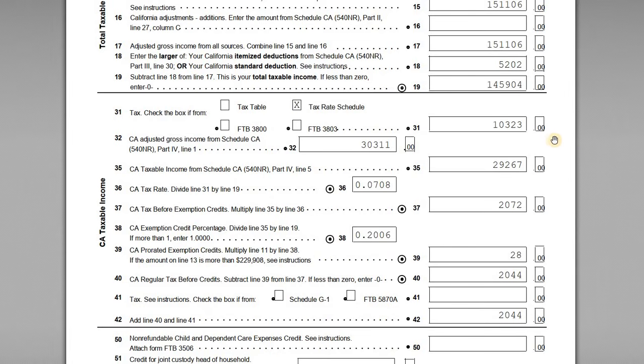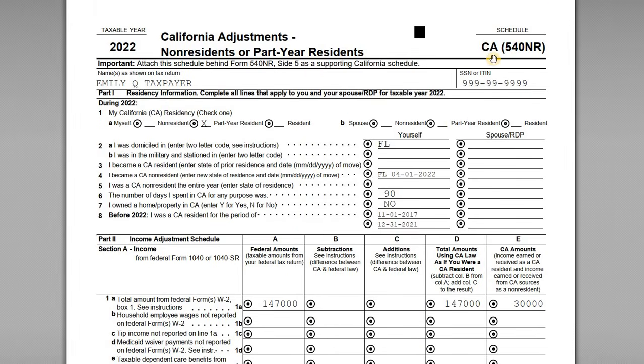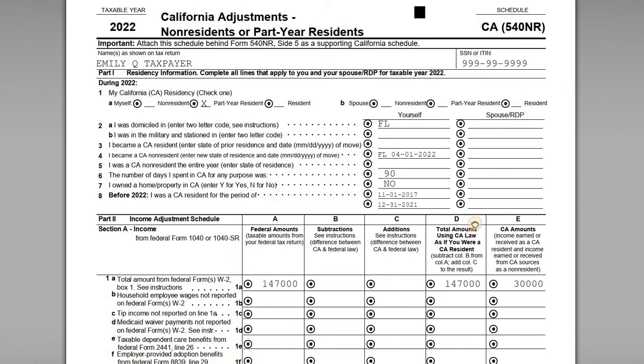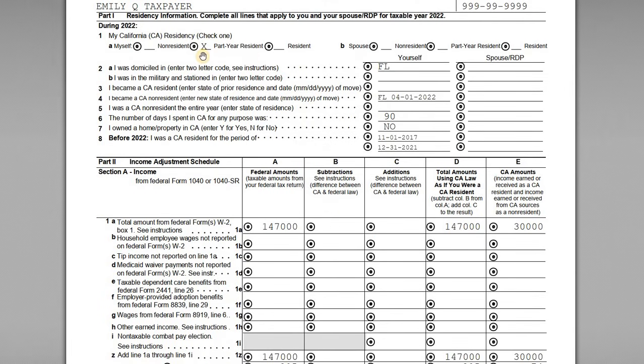All right, so once that's done, now we have to take a closer look at, well, what's California source income and what's our California adjusted gross income? So this is where we jump back to the Schedule CA 540NR. So in Part 1, the residency information up here, we want to indicate that we are a part-year resident,